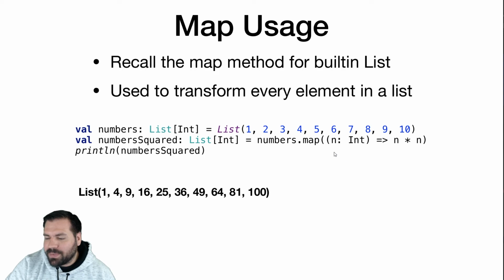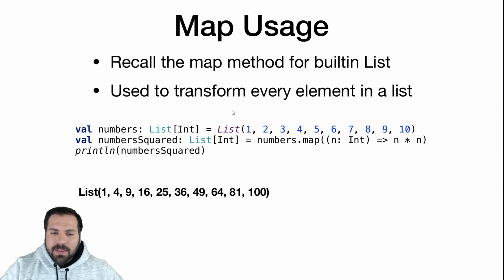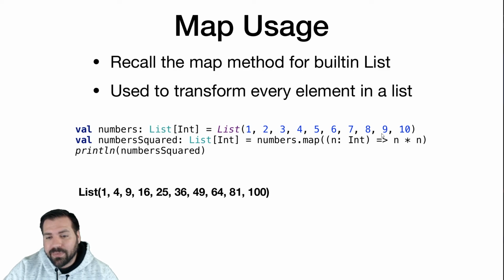And one more, map. Oh, we're a little over, but let me just finish these slides so we don't have to go back on Wednesday. Map, we want to create a new linked list with all of the elements in the original list, but with a function applied to it. This is how that looked with Scala's built-in list.